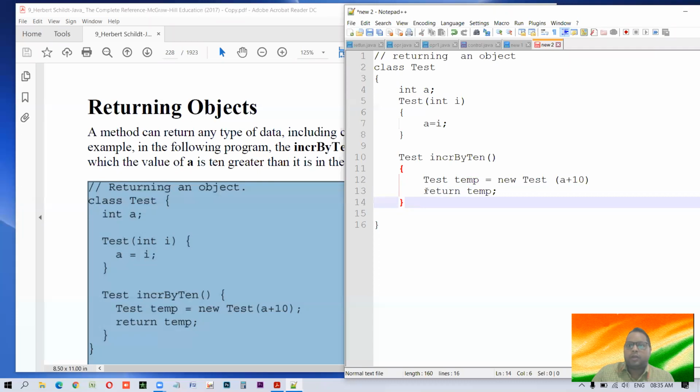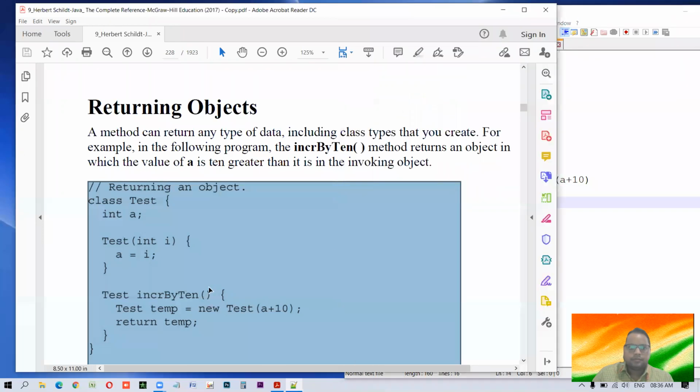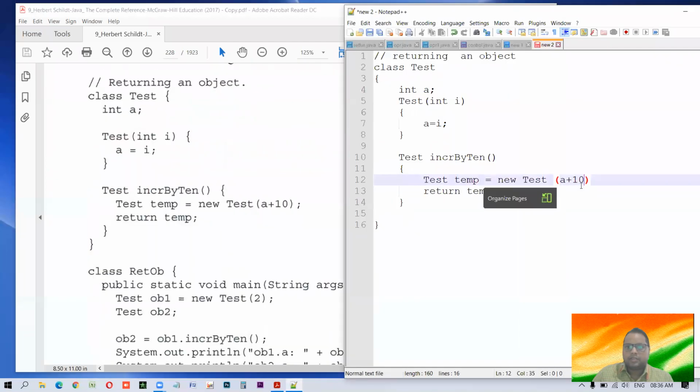The same way, since we have made this type of return, we have to return this type of data also. Temp is of test type. What's the value of temp? Temp is not a primitive data type, so it doesn't have any value by itself, but temp dot a, temp's a, will have some value. These things can only become clear once you practice them. Otherwise I don't think these things will be clear to you.